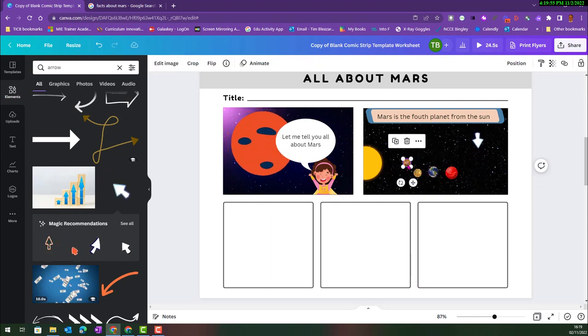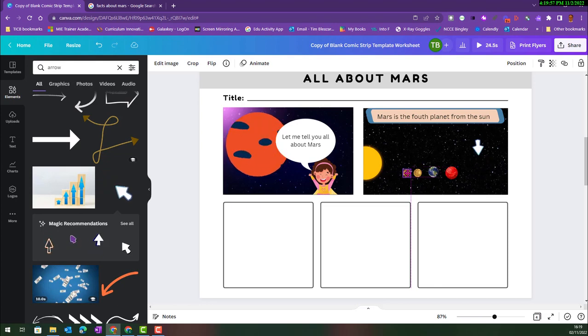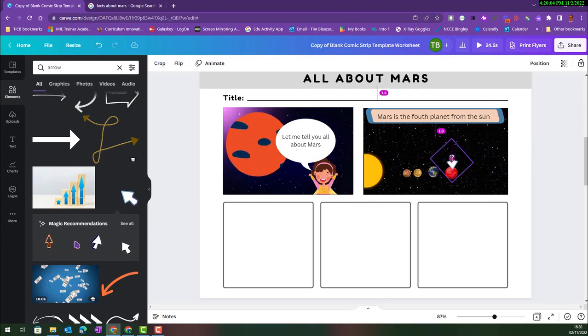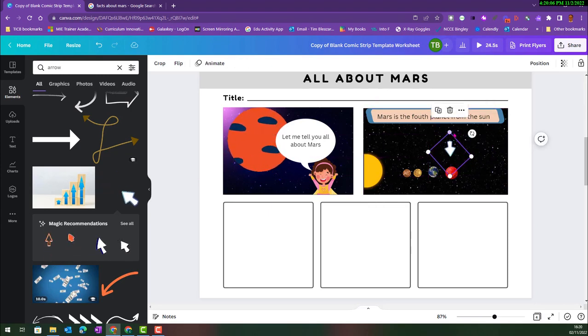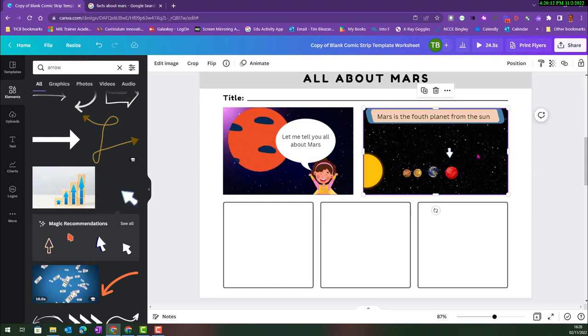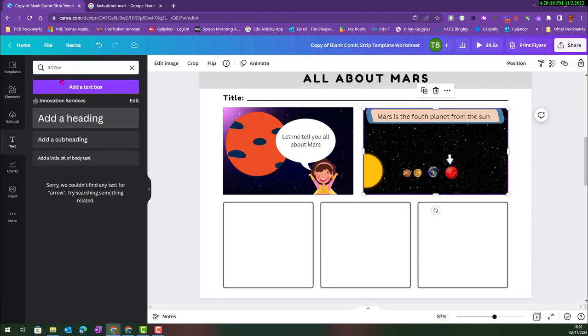So you'll see as I move these down, by the way, you get these red lines that appear, and these are to make sure that everything is aligned, so it's all in line. So they're really, really useful. So let's move that there, and let's make this a bit smaller. So you see, you just have to experiment with this to make sure that you can just change things as you need to. So I want that to say Mars, so I'm just going to go back here,